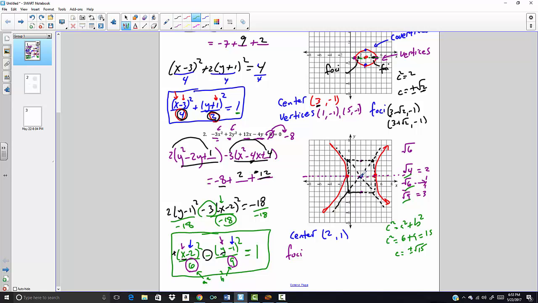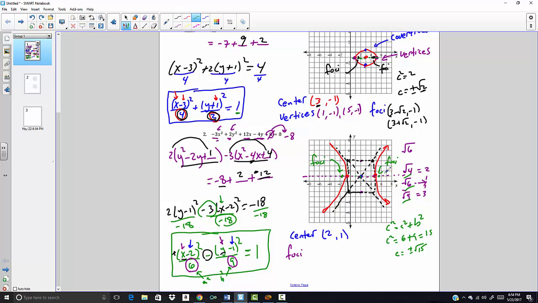But we're going to go along the transverse axis from the center, so we're going to go almost 4 to the left and almost 4 to the right, 3 point something. So we're going to go 1, 2, 3, and then not quite to 4. It's going to be right here. And here I'll go 1, 2, 3, not quite 4, somewhere here. And these are my foci, here